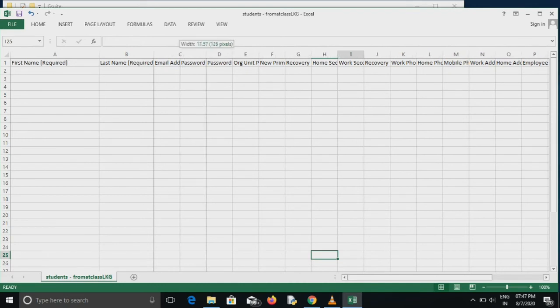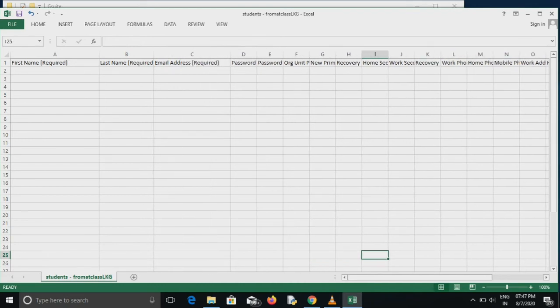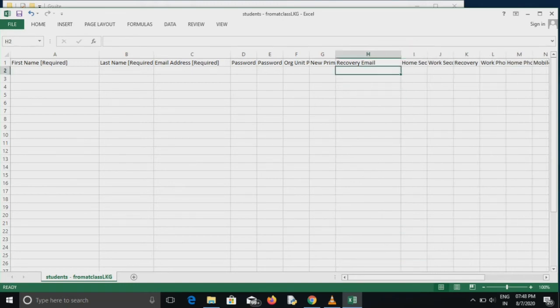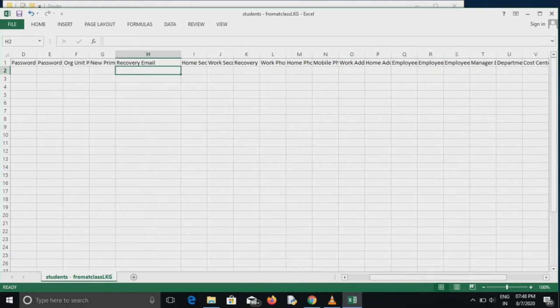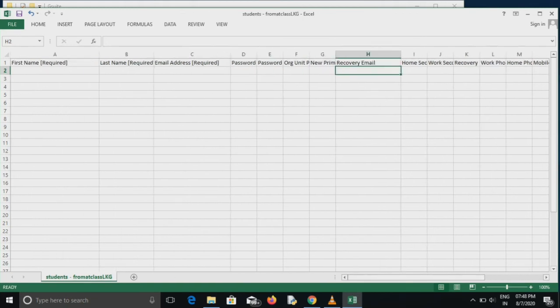I'm just showing which are all the fields in detail, then it will be clear to you. Here you can see first name, last name, and email address required, which is the email address we need to assign from the school to the student. And organization unit, if it is student, you have to type student. For recovery email, you have to write the reference mail ID given by the student or teacher. There are many fields, but you have to fill in the mobile phone, and write the correct mobile number here.